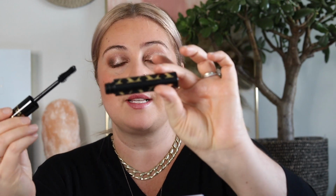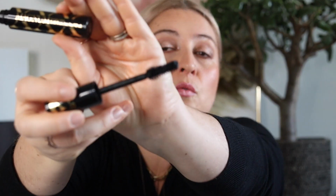Alright, so for mascara, I'm using the Stila XXX mascara. It has a huge wand. It's really nice, but you have to get used to how large this spoolie is. So if you had small eyes, it probably wouldn't really work for you. And as I'm aging, I'm not putting colored mascara on my bottom lashes anymore, or I'll use like a waterproof mascara